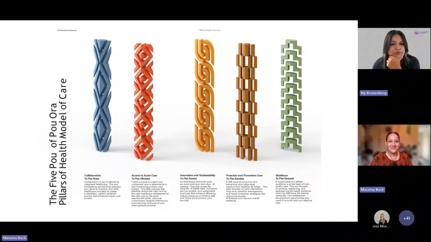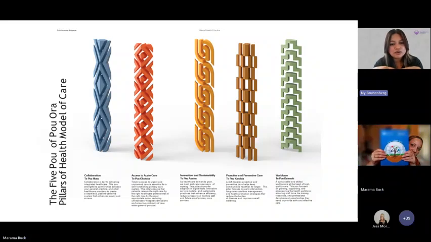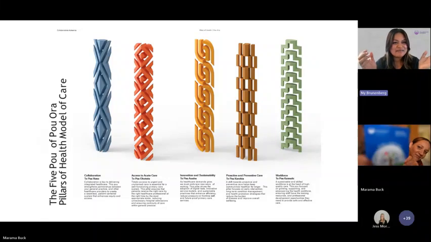There's a comment from Rob. I just wanted to reassure, kia ora, Marama, that was an amazing presentation. So his question was around just clarity over what this is and what we're implementing. I just wanted to say that we're incredibly proud of this journey, and it has brought us to this point, for more than a decade ago. Key PHO partners, when they first introduced the healthcare home model of care to the shores of Aotearoa, it's really evolved to this beautiful, so that's the old booklet that Marama is holding up.